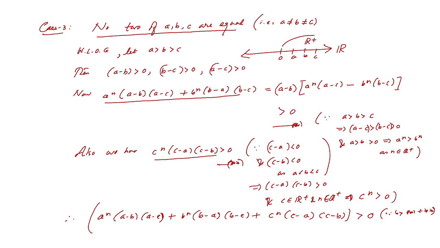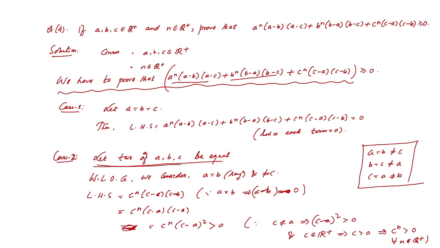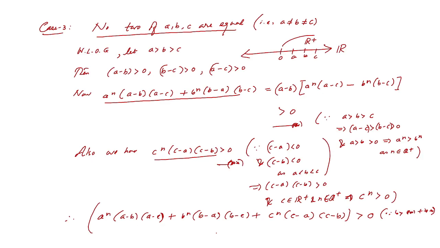Okay, so combining all the cases, what we conclude is: in the first case the left hand side equals 0, in the second case it is greater than 0, and in the third case it is also greater than 0. So we conclude, combining all the cases,